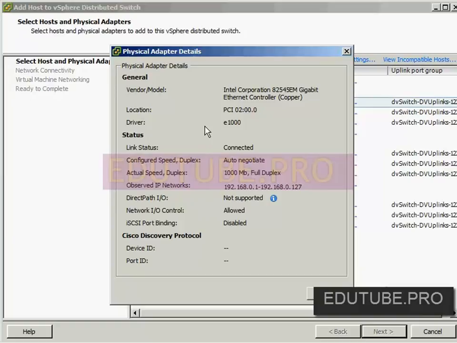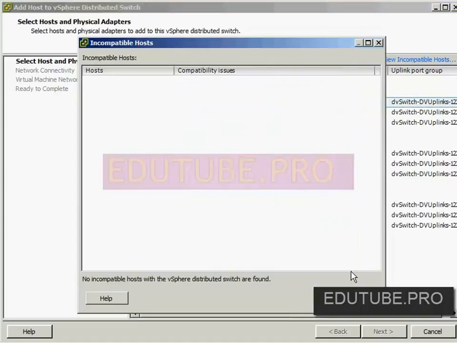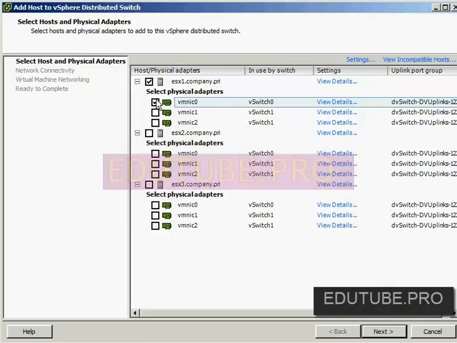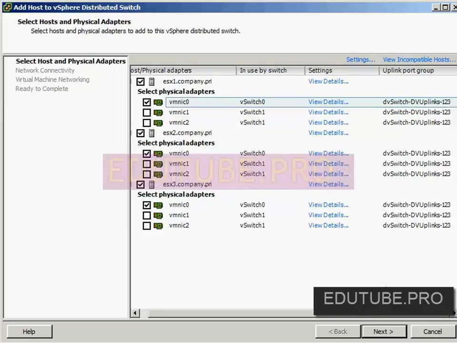So let's go back here to networking. What I want to do is add hosts. And you'll see that I have the different hosts that are available to be added. Okay, here's ESX 1, 2, and 3. And here are the physical adapters that are currently attached to those hosts. Now, if I view details here, this gives me a little bit more information about that adapter and just what it is, what it supports, what it can do. Again, I can view incompatible hosts if I want to, or I can just adjust the settings here just like before. What I'm looking for here is to migrate the primary adapter, VM-NIC 0, for these three hosts